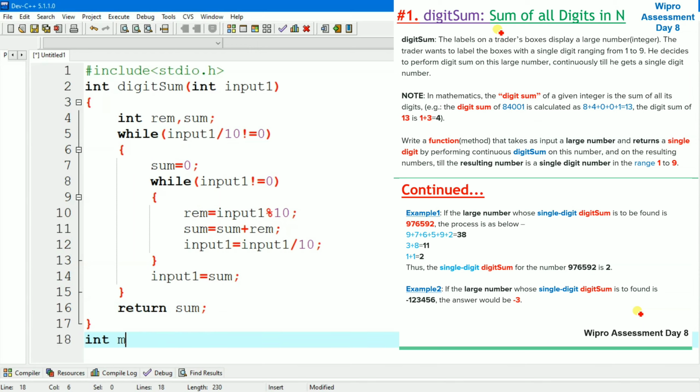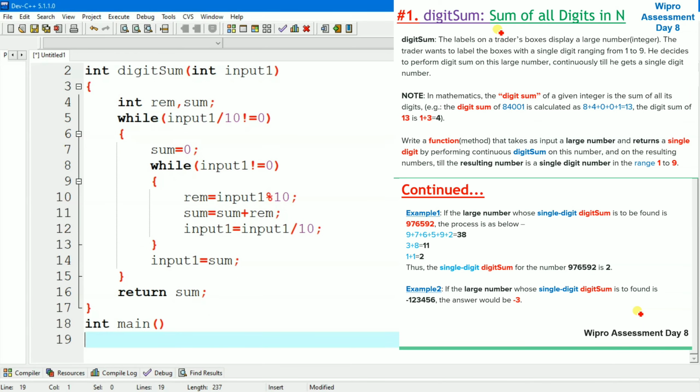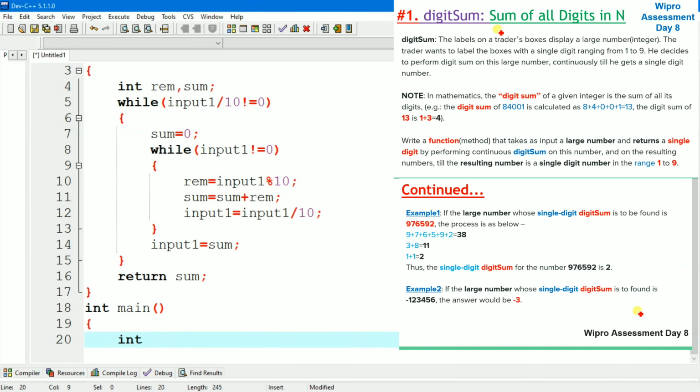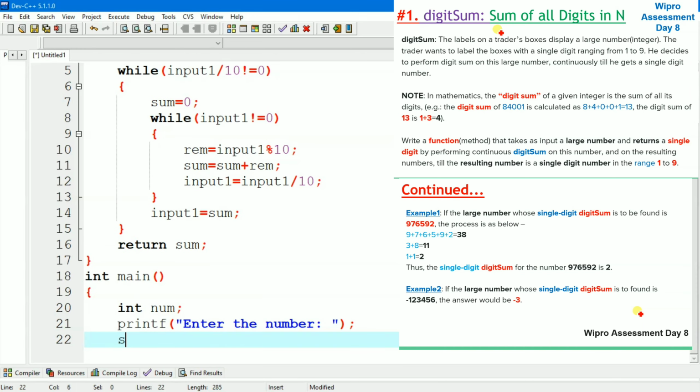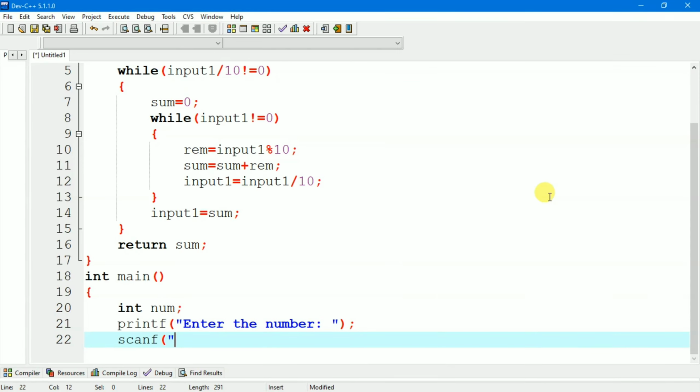Now we will write the main function, int main, and we will declare one variable, that is number, and take the input from the user. Let's say enter the number, and we will read it from the keyboard with %d, ampersand number.